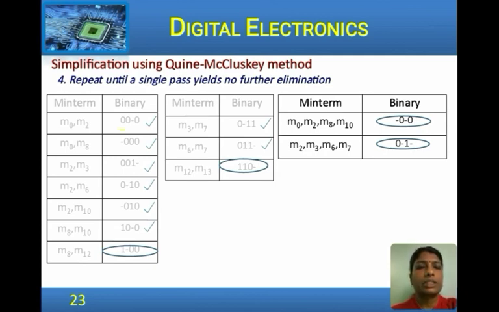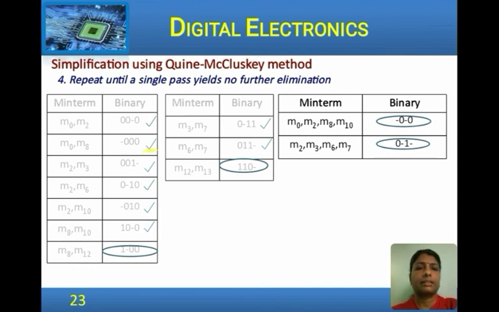Consider the first combination, 0 0 dash 0. We look into binary numbers where there is a dash in the second bit from the right. We observe M8, M10 also has a dash over there, and looking at the rest of the digits, only the MSB varies. So, this can be grouped together. M0, 2, 8, 10 can be grouped and written as dash 0 dash 0. Now, tick mark M0, M2 and M8, M10. Again, any other bit position like that? There is nothing else.